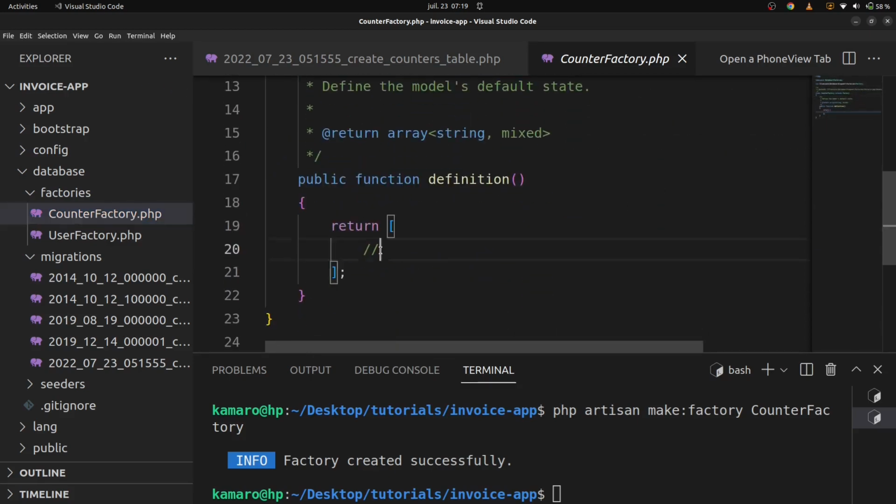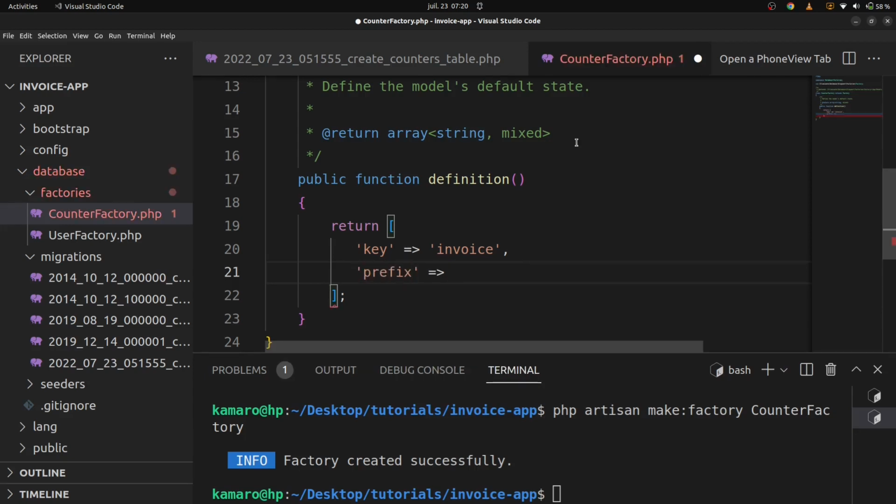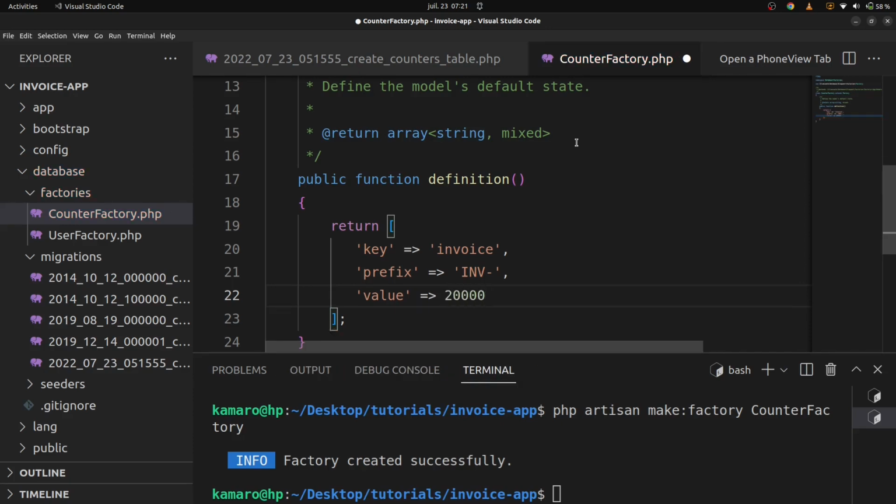Let's now add some items: key, invoice, prefix, INV, value,